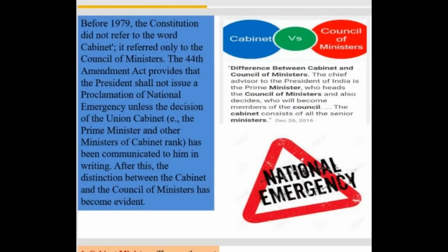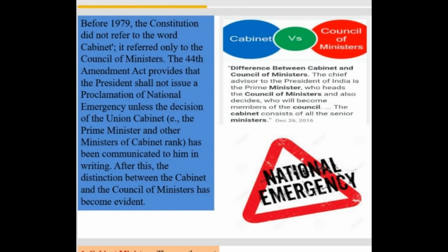So the Council of Ministers was a concept, a provision in the Constitution. There is such a provision called Council of Ministers in the Constitution itself, but this was up to 1979. Before 1979, there was a provision in the Constitution called Council of Ministers who will be helping the Prime Minister. But in the year 1979, this term Council of Ministers was further elaborated, because of the 44th Amendment